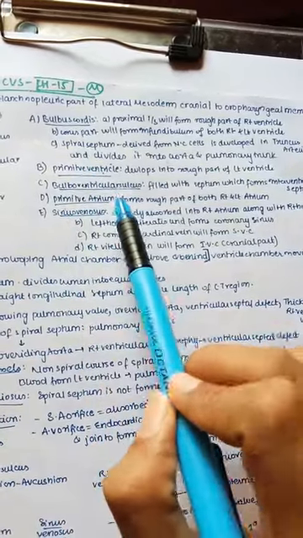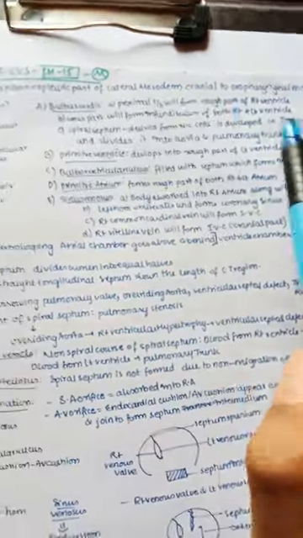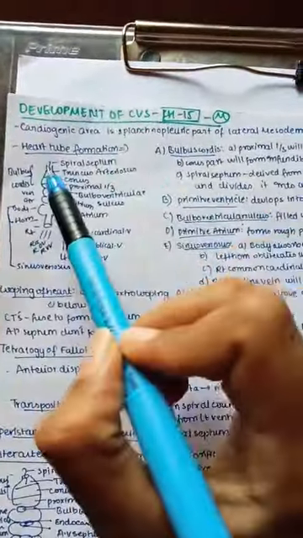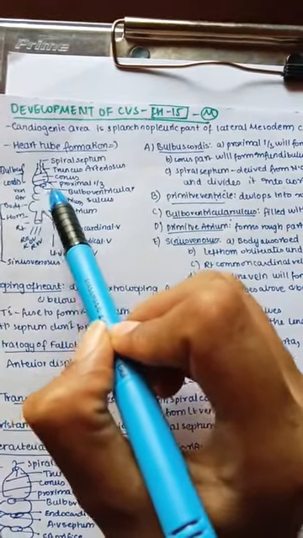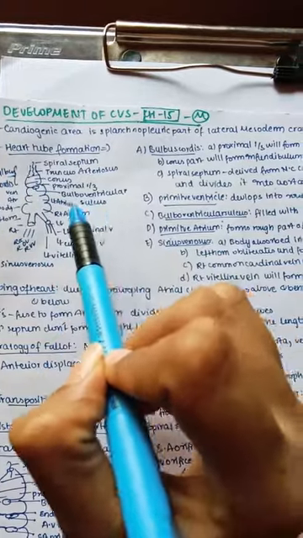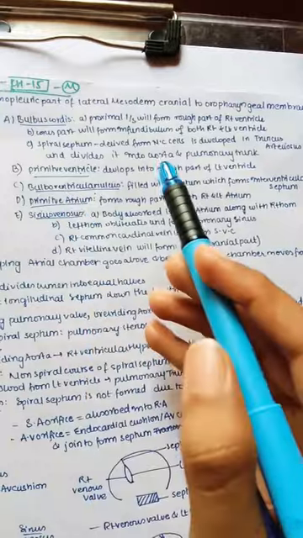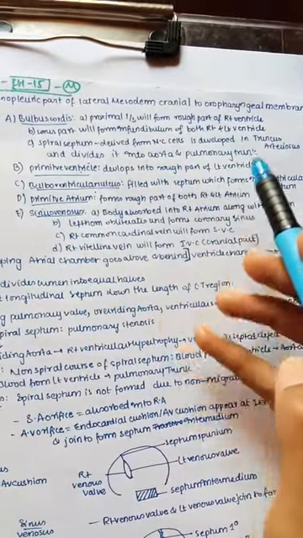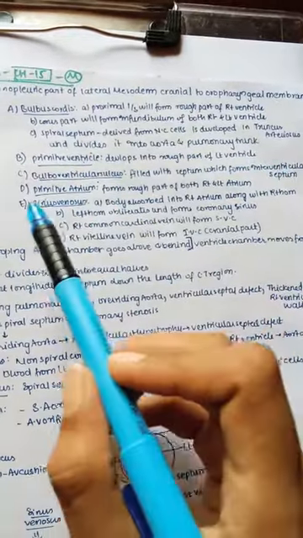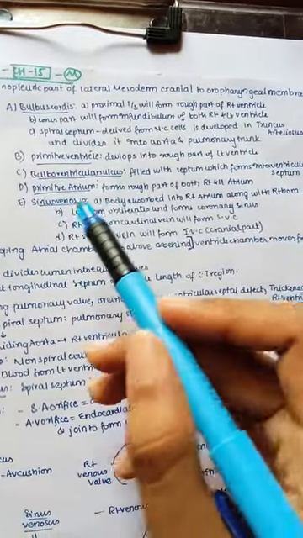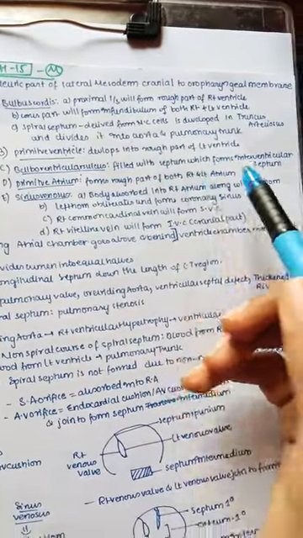Next, coming to the bulboventricular sulcus. This is actually filled with the septum, which forms the interventricular septum. This is the bulbus cordis, and this is the primitive ventricle. In between them we have the bulboventricular sulcus. You can see this later forms the interventricular septum, because the proximal part forms the right ventricle and the primitive ventricle forms the left ventricle. So between those we have the interventricular septum. And next, the primitive atrium. Of course, it forms the rough part of both the right and left atrium.